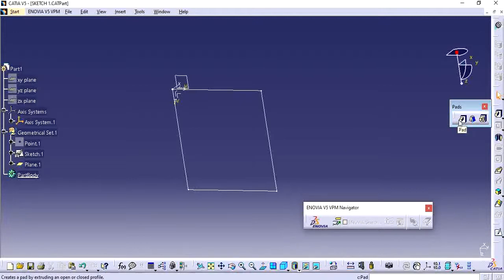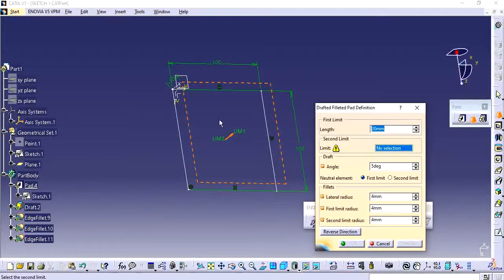Everything, like if you are doing with this pad, it will take more time. You need to do each and every operation separately. If you go with this drafted filleted pad, it will reduce your timeline. So let me show how it is working. So I have selected this drafted filleted pad. Here I have the sketch. So once I have selected this sketch,